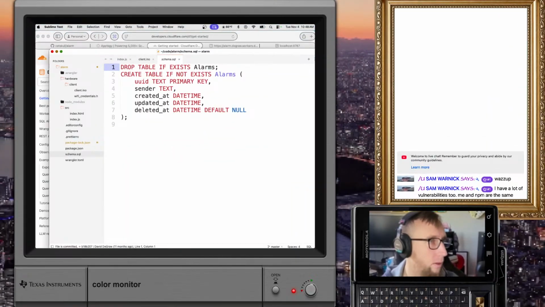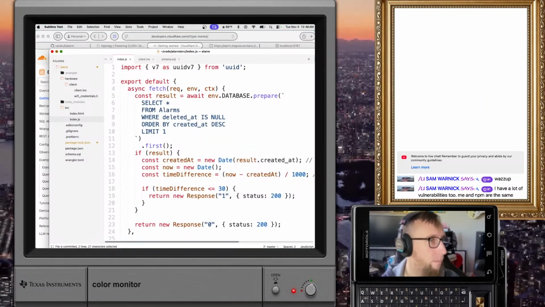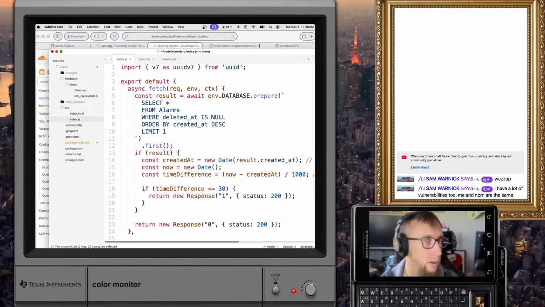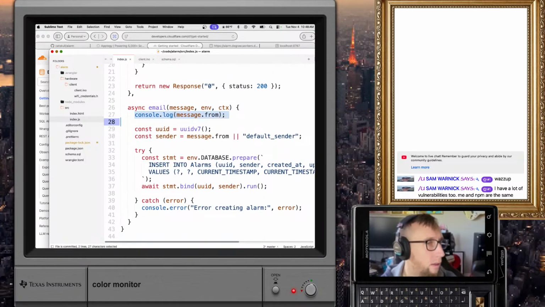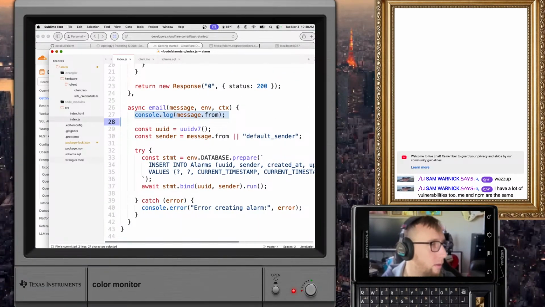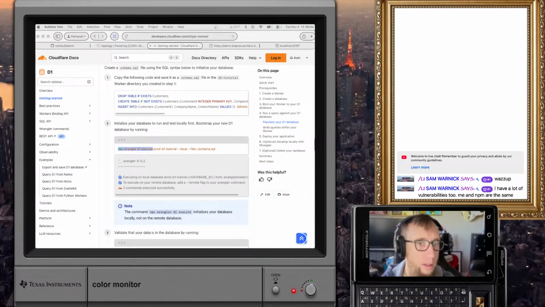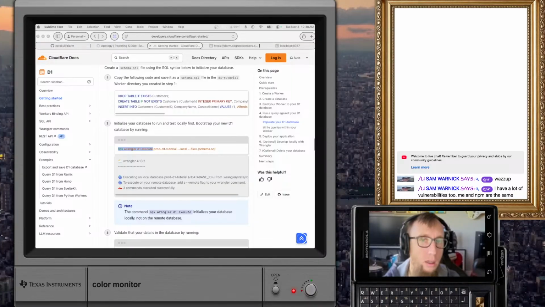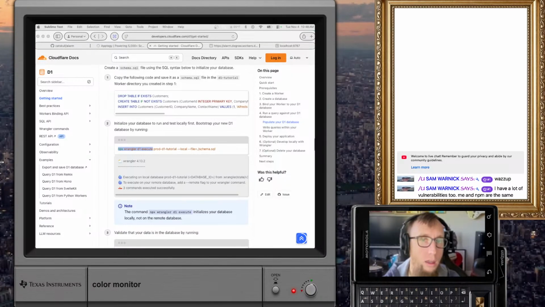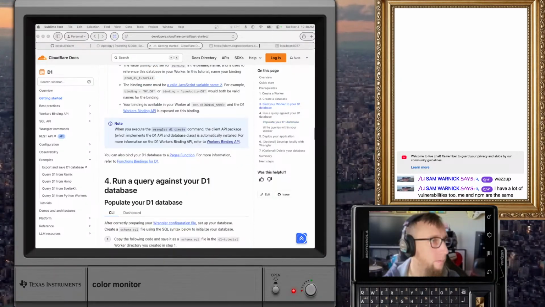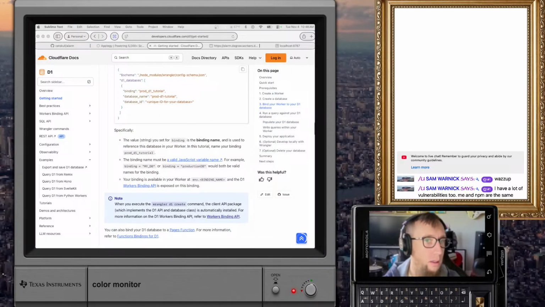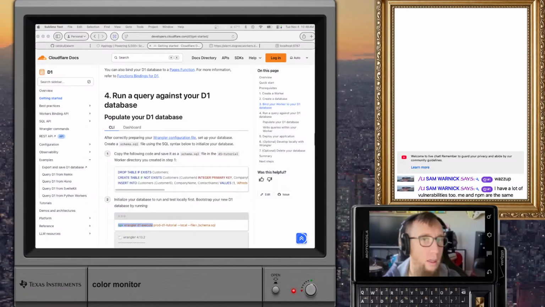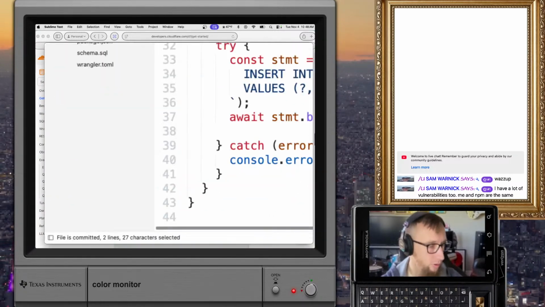What's the database binding? I don't know. Hold on, let me look at my wrangler.toml to make sure. Binding. Okay, I think it's just this then.